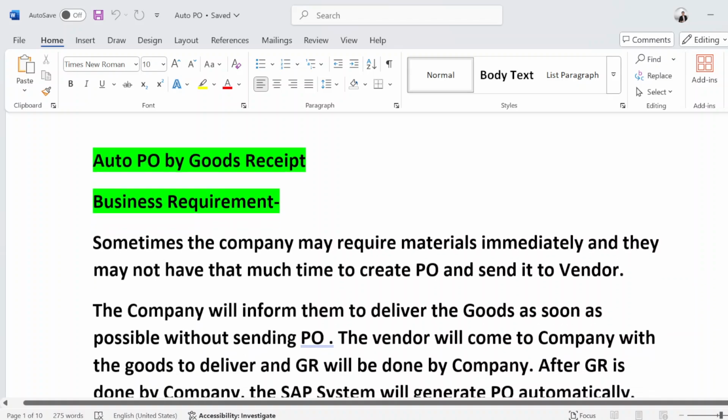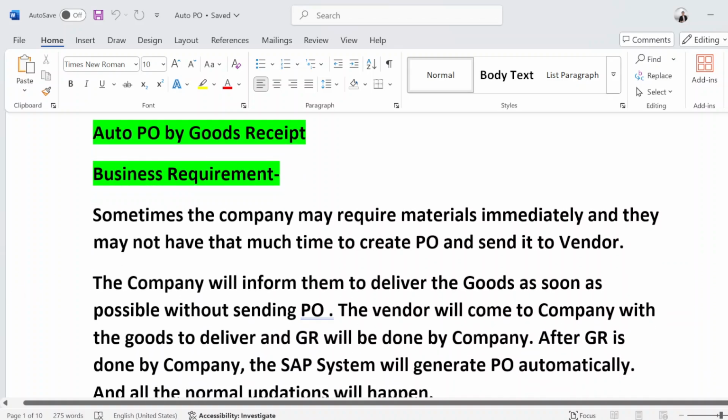So first of all, the business requirement. Sometimes a company may require material immediately and may not have that much time to create a PO and send it to the vendor.